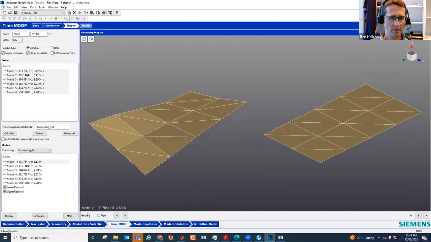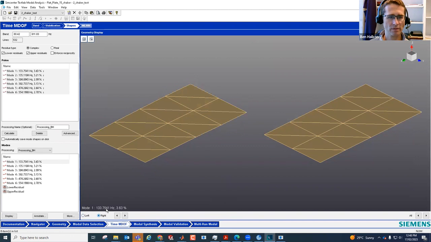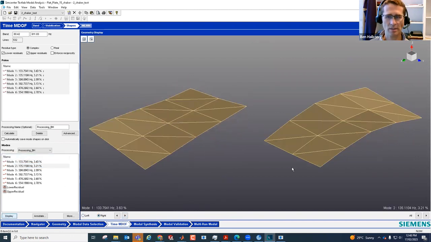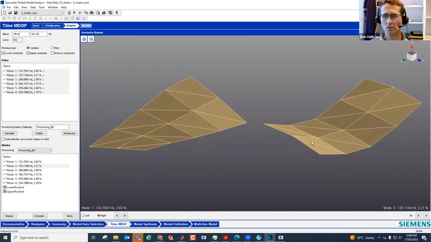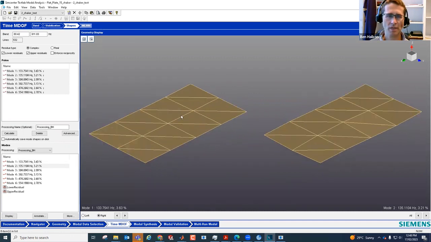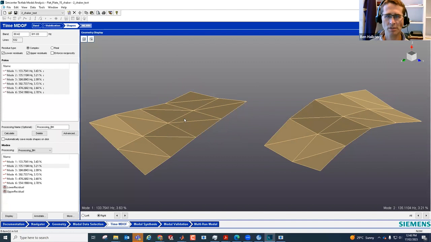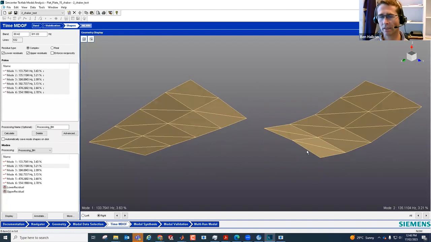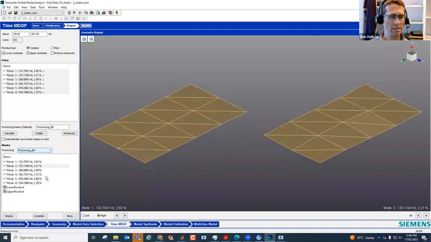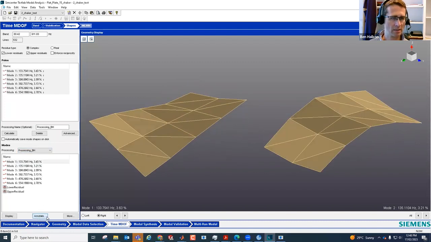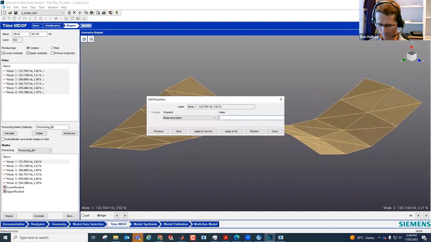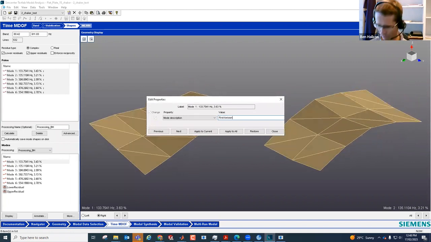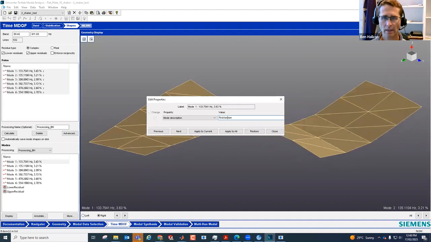I can then choose to put that mode on the left and the next one on the right by selecting those independently. And here you can see these 2 very distinct and very different mode shapes. We've got the first torsional mode shape here, and the second, the first bending mode in the lengthwise direction, I would call this. And we can annotate these to give them a name that helps us identify them. So first torsion, for example, we would type in here and apply,